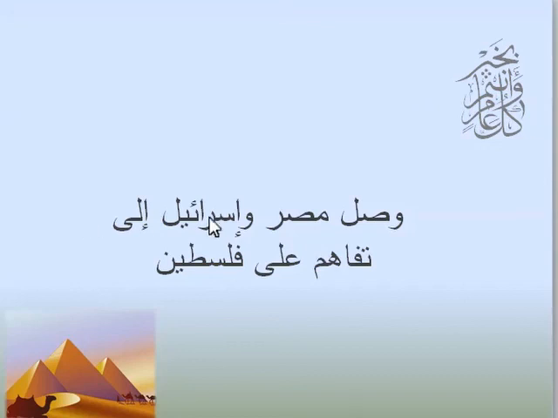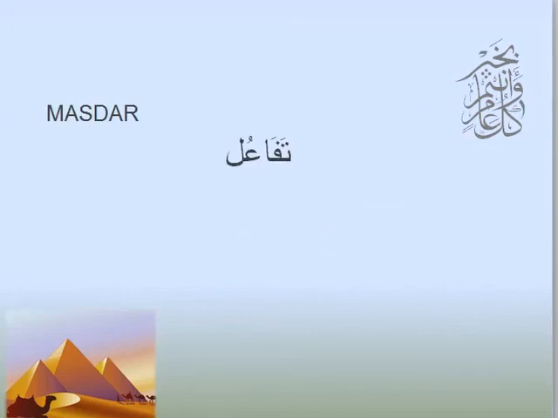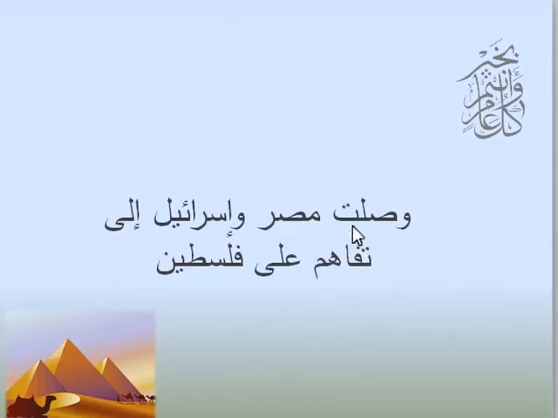But what do we have here? We have our two subjects, Misr wa Israel, two countries, definitely a plural subject. What are they doing? They are wasala illa, right? Okay, we can recognize that there is a masdar form in there, even though it's not voweled. Okay, so here it is. Wasalat Misr wa Israel. What did they do? Okay, they arrived to